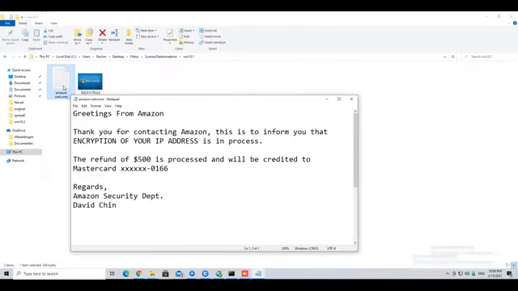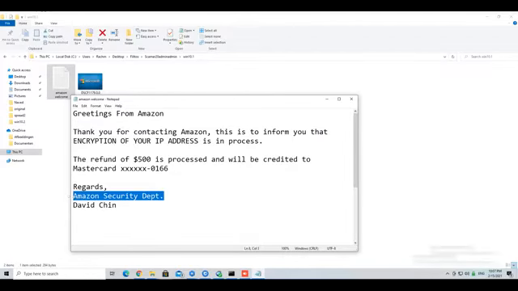Then here we have an email, and this email the scammer sent to the victims after the victims have bought the Amazon gift card, because they tell the victim, you have to buy us the gift card as like a security key code or whatever, and then after you buy us the gift card, give us the gift card code, we will give you your money back. And so that's why it says the refund of the $500 is processed, and they say that it's for an encryption of an IP address because they claim that there are hackers in the victim's computer. Very weird scam. It's like a mix of the tech support scam and the Amazon scam, like I said before,